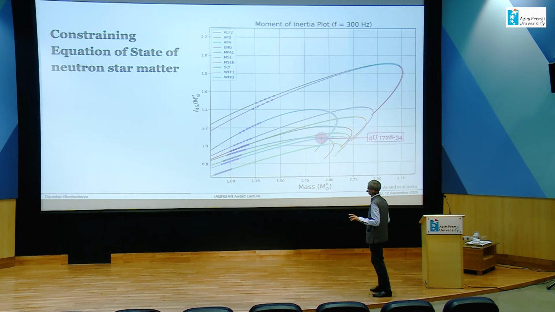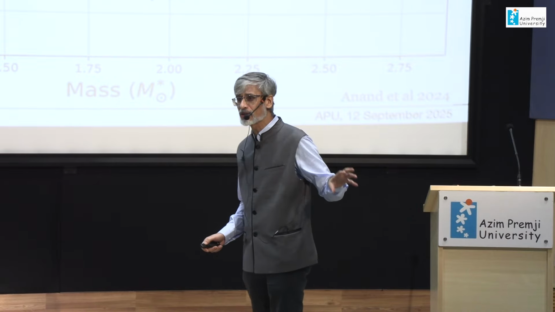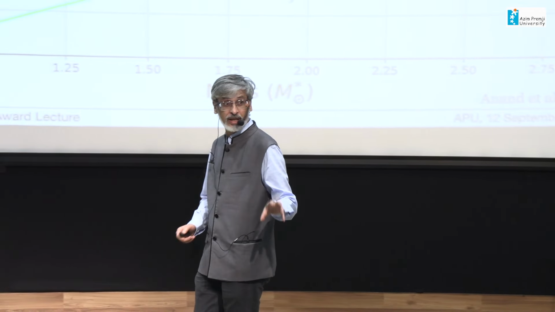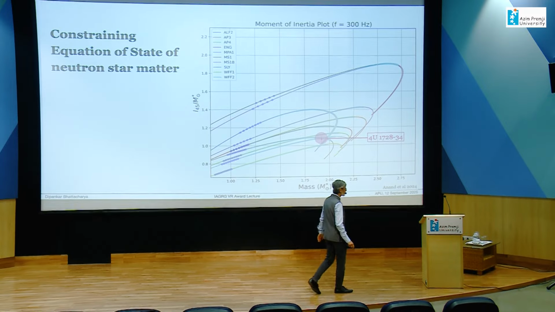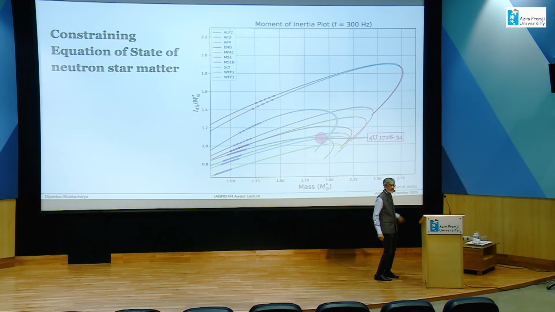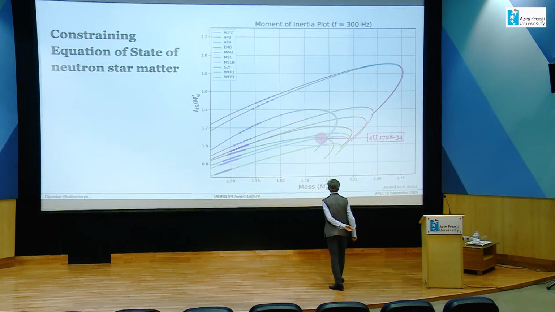And that picks out a bunch of equations of state which are still allowed by this measurement and several which are not. So you can rule out some models of the strong interaction between particles, right? So that's a very fundamental physics kind of